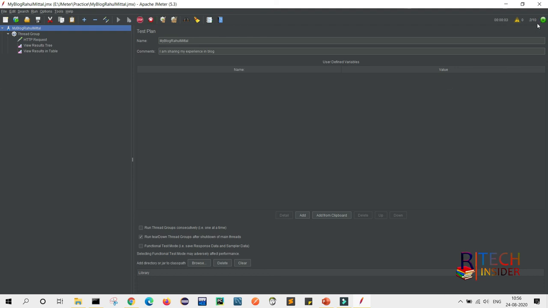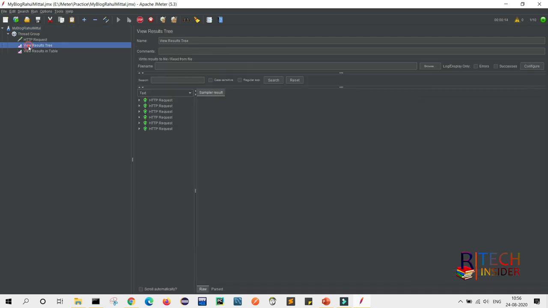Here you can see out of 10, 2 users have been executed. It will run randomly. Here it is showing the green color. If you just look here, it is executing. So now all my 10 users have executed their requests.